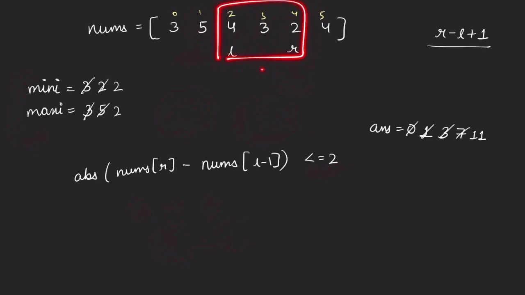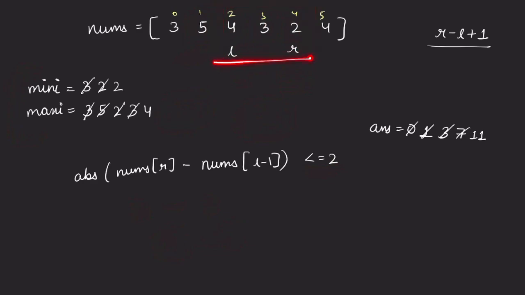And while we were moving this L towards the left, we would also update our minimum and maximum. So when we were at this index 2, both L and R were here. Then we moved left here, right? So now the maximum would become 3. And then we moved our left to 4, so maximum would have become 4. So this is what our minimum and maximum will be, which are the minimum and maximum elements in our current